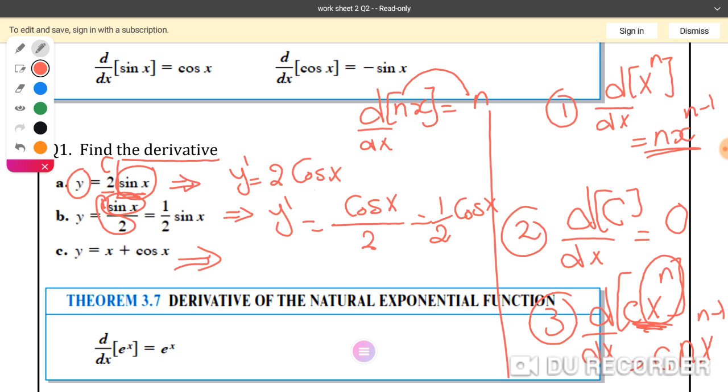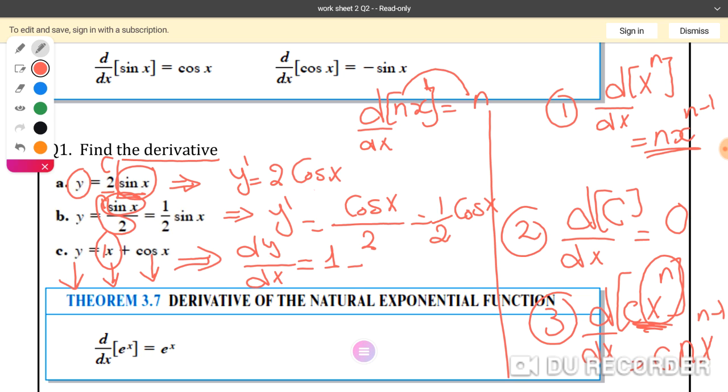To find the derivative of this function, the derivative of y will be dy by dx or y prime. The derivative of this term and this term. By looking at the function, I don't need to rewrite it, because no term in this function needs to be rewritten. What is the derivative of x? It is linear. What is the meaning of linear? The power of this term is 1, whether it is x, y, or t. The derivative of x will be 1